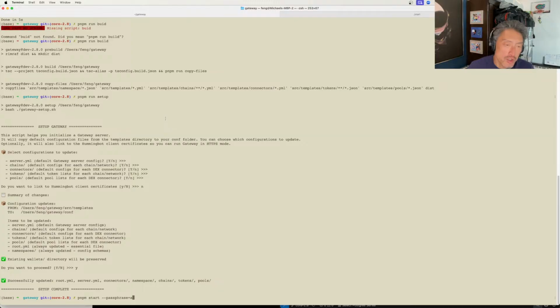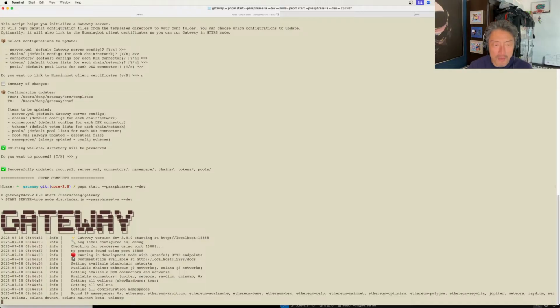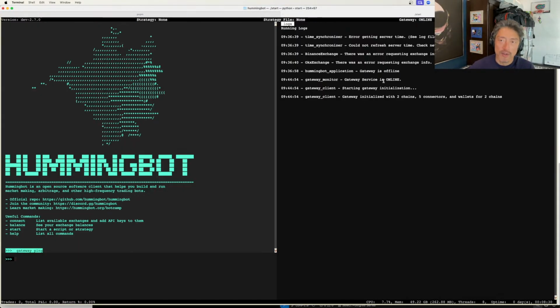So you want to make sure you're always running with a passphrase, even if you're running it in dev mode, like I'm doing now, which is unencrypted. So if it's dev, it's going to be running unencrypted; without the dev flag, it will be encrypted. Now it's running, and the first thing you should do when gateway is running is check in Hummingbot if gateway is online. And we do see that Hummingbot has the gateway is online message,